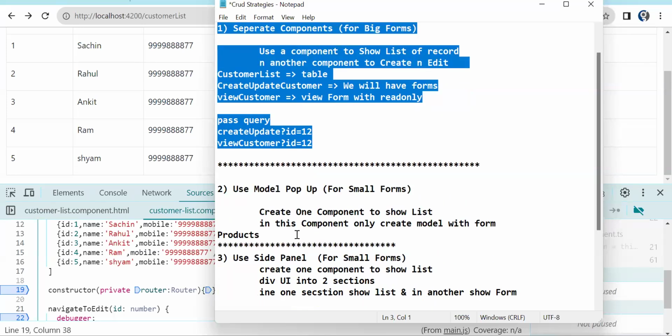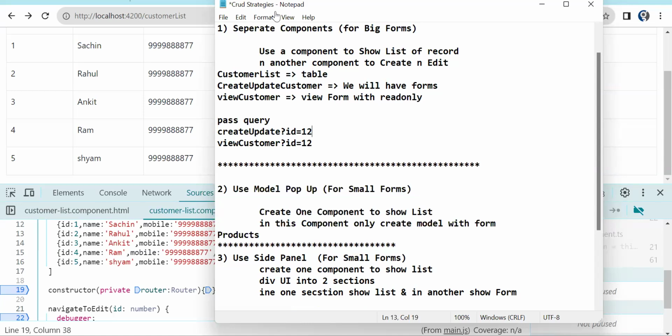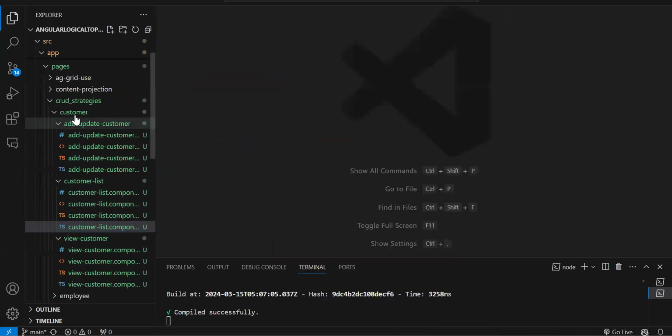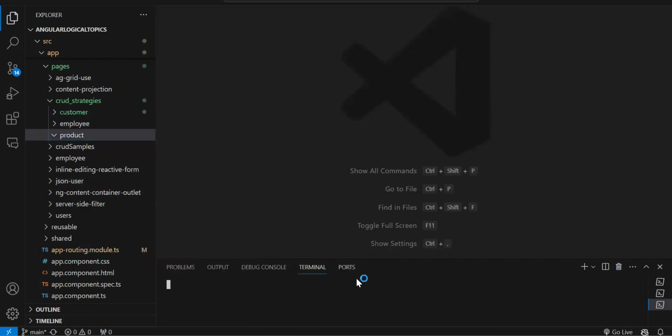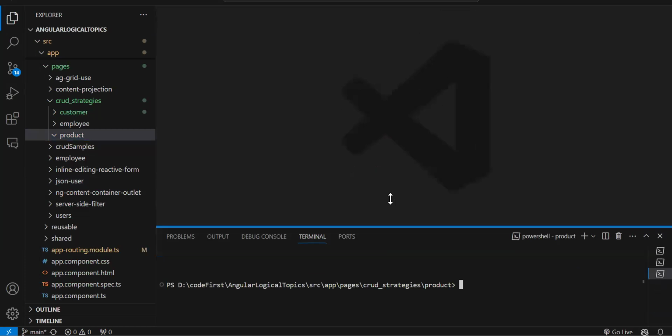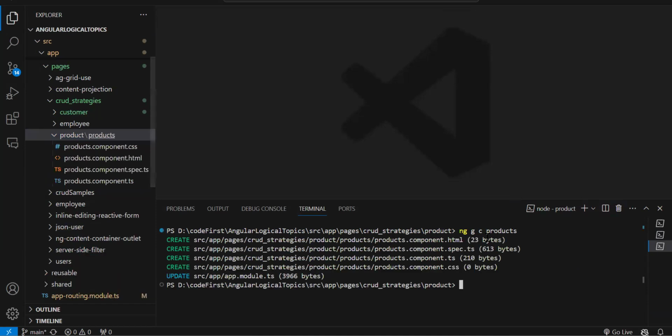Now coming back to the second way, using a modal pop-up. Let's close everything. Let's say we will use the product component, the product folder, for our second scenario. Let's create a component: ng generate component products. Now in case of a modal pop-up, you just need one component. In that component only, you will show the list and also the form, but the form will be in the modal